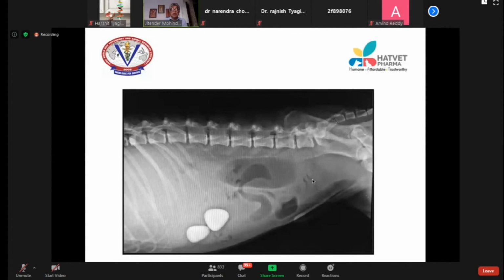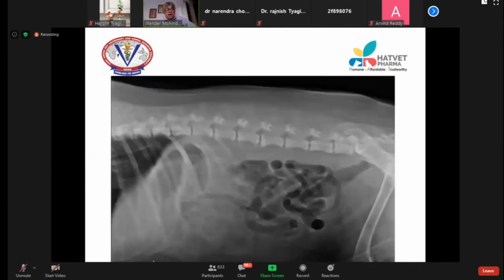Now this is a radiograph. Now you just see the fat is okay. I can see the margin of the liver. I can see the fundus. I can see the pylorus here. These are the small intestine here. This is the urinary bladder here. These are the mineral opacities, the vertebral column, bone. These are the ribs. And you just see that there is some lesion here in the vertebral column.